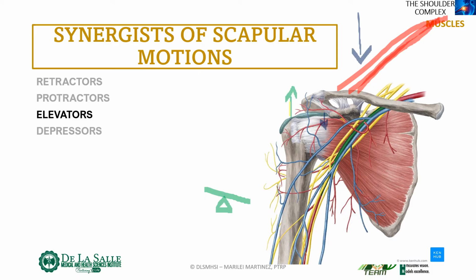So I'll try to draw it. So if this is, for example, your glenoid fossa, it is oriented that way. And this actually promotes stability within the glenohumeral joint. This is a contributor for the static stability of your glenohumeral joint. So let's try to draw it. I'm not good at drawing, but for example, this is your scapula. So the glenoid fossa is oriented in a superior direction in order to receive the humeral head